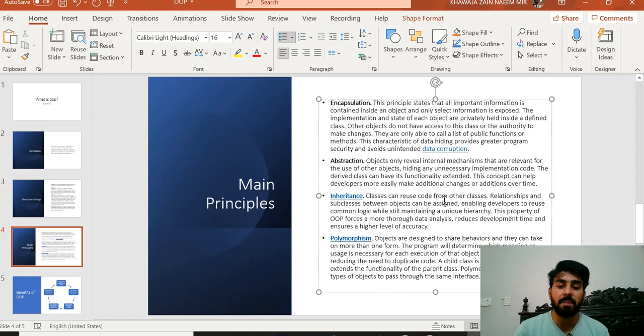Polymorphism allows different types of objects to pass through the same interface. For example, when we call the same function with the same name but different parameters, this is called method overloading. In order for polymorphism to work, we have to call one function in two different places but with different parameters.